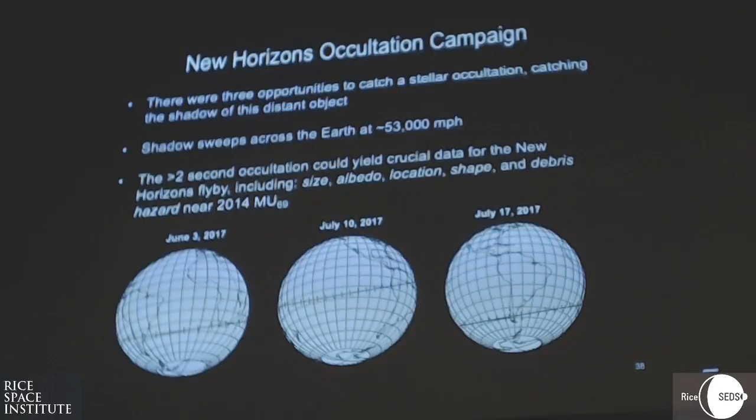Now, it's not going to be the huge shadow that we got like Pluto, which is the size of New Zealand, crossing here. This thing's going to be maybe 100 kilometers in size or less as it sweeps across the Earth, going at 53,000 miles per hour, giving us an opportunity to only observe it from a telescope in a matter of seconds. Okay? So we have to be at the right place, at the right time, looking at this star. Okay? And these 3 different stars,